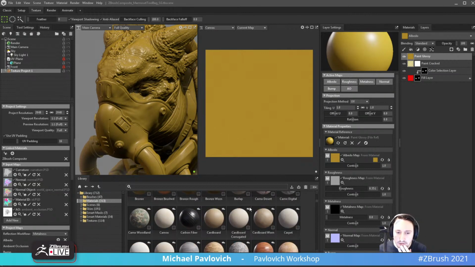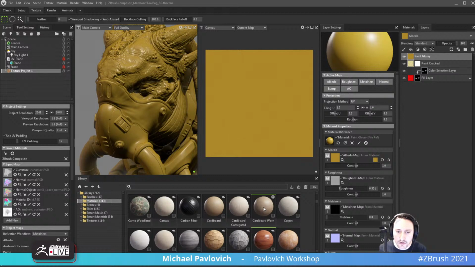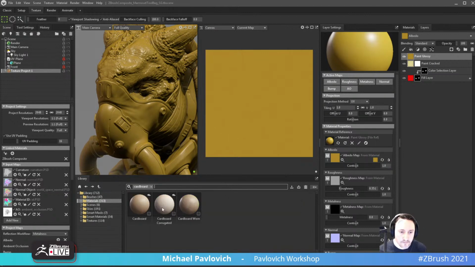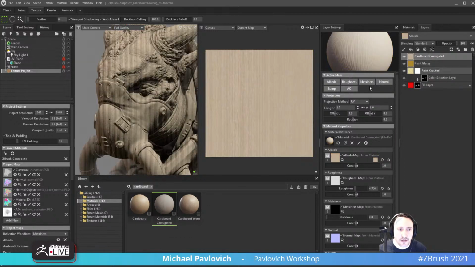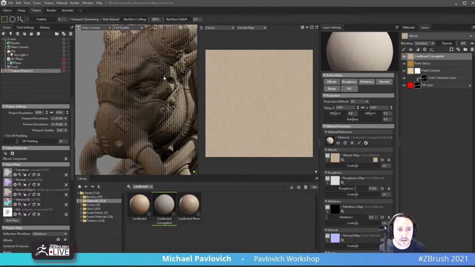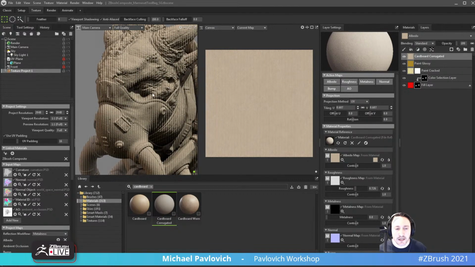I forgot what we were playing with here. Cardboard. That should be a cool one. Let's go ahead and download all these. Throw some corrugated cardboard on here. Play around with tiling here. Again, you have shadows, you have light, you have masks, all that good stuff. So anyway,